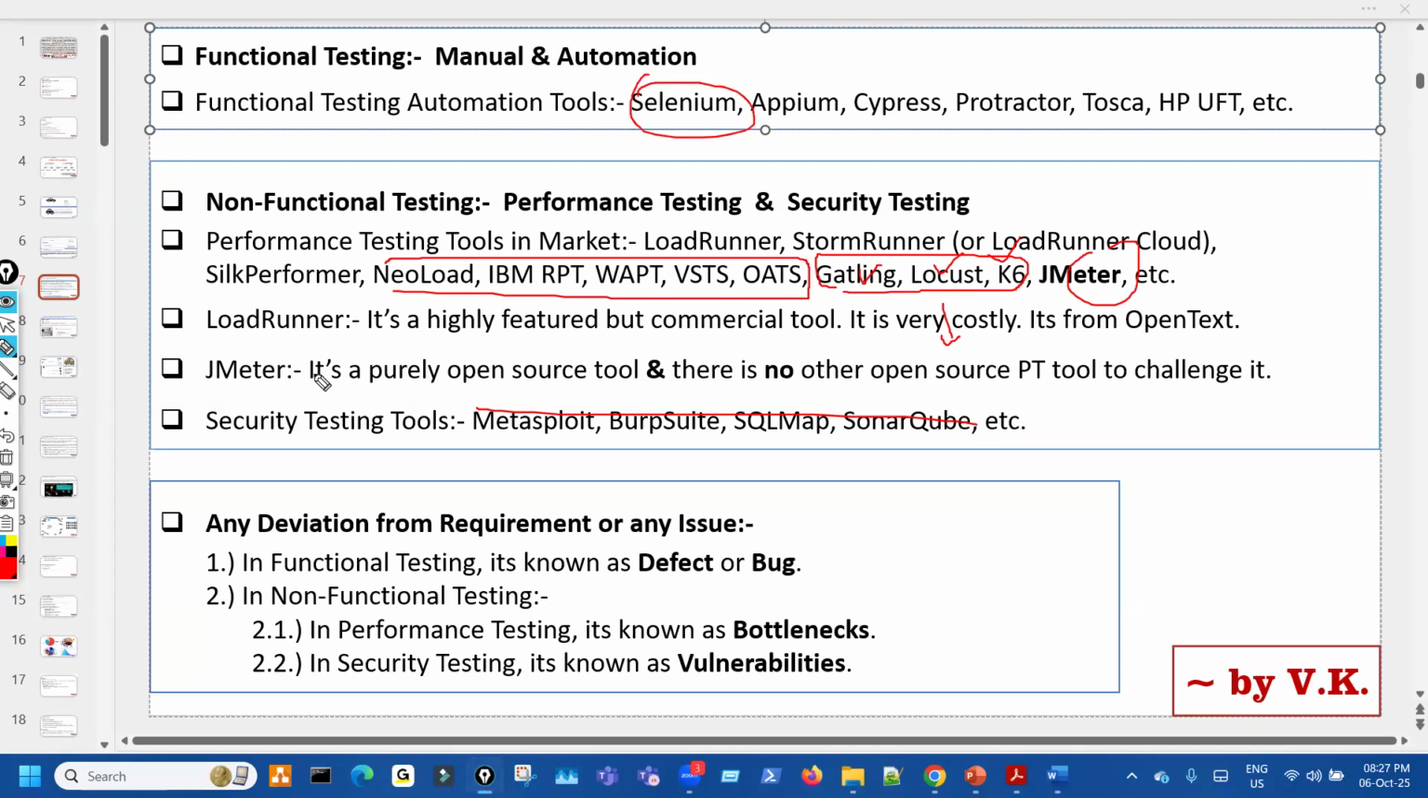So same, JMeter is pure open source. Why am I saying pure? Because to use anything of JMeter, there is no need to pay anyone. But in all the other tools, you have to. Now, other things are there like